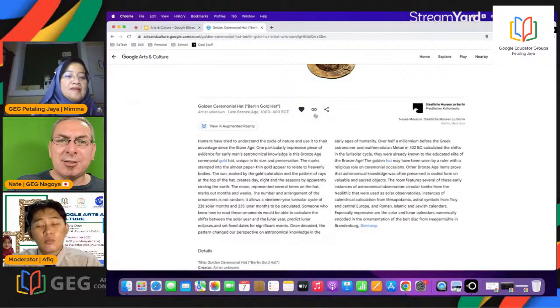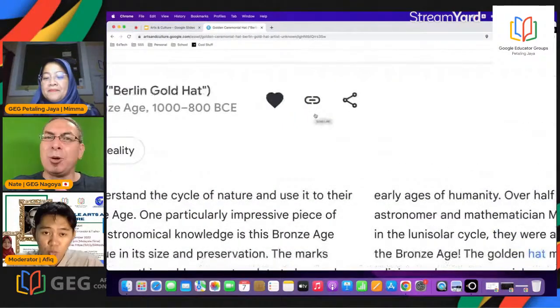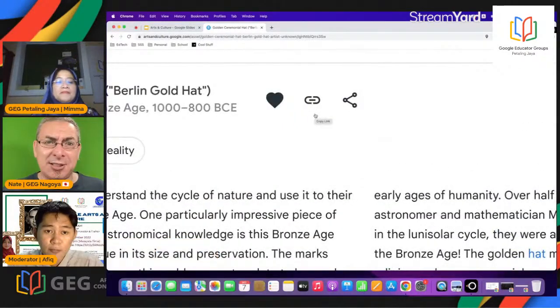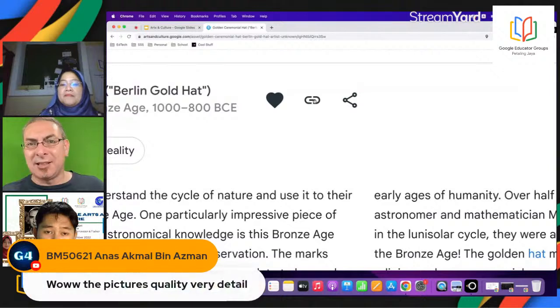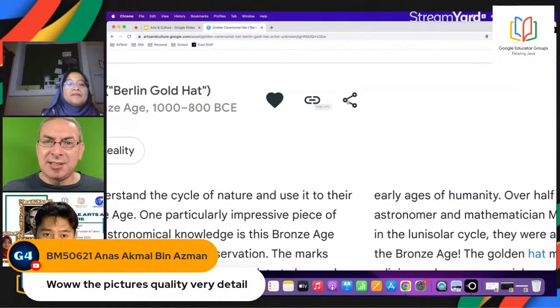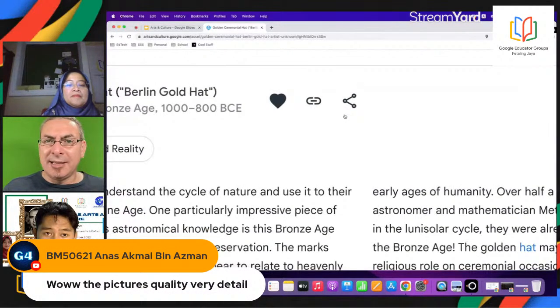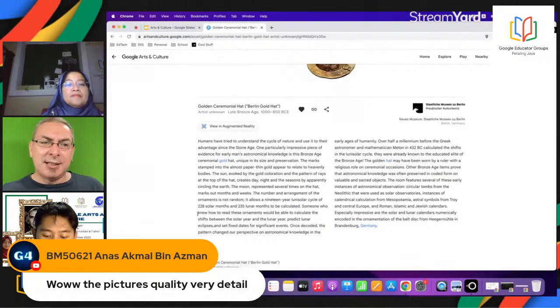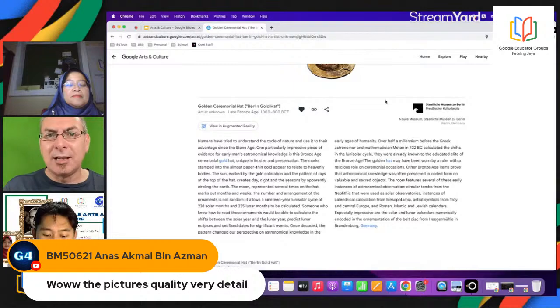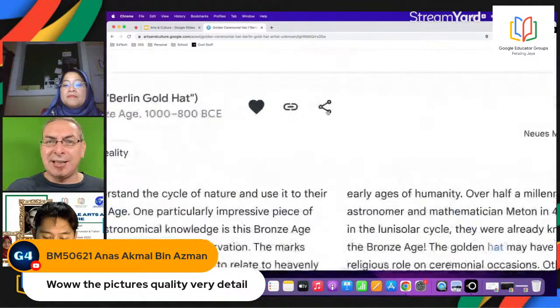So here too, you notice, with everything in Google Arts and Culture, you're going to see the heart mark, you're going to see the copy the link, and then you're going to see the share button. So like anything in Google and other platforms, if you click copy link, down here, I've got my link copied. I can just email it or post it. But if you use the share icon, right,